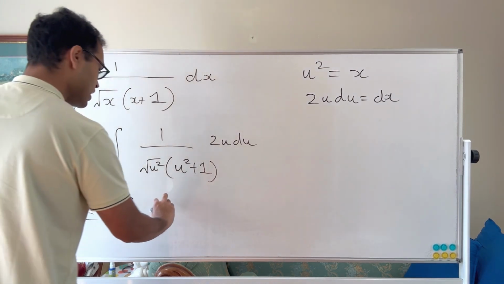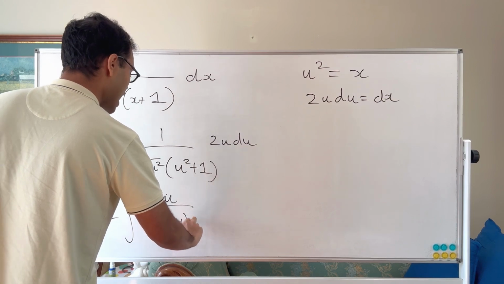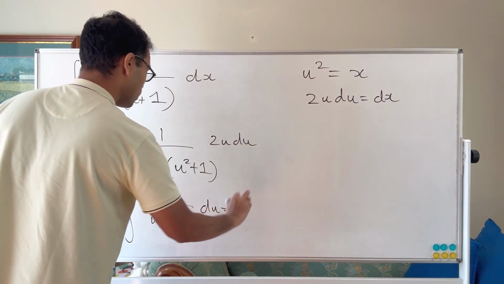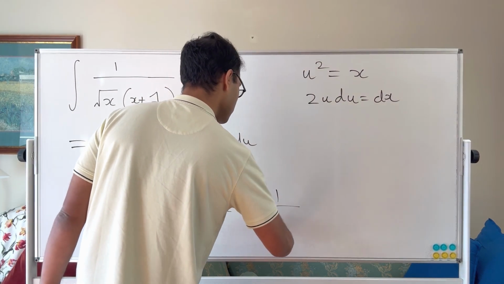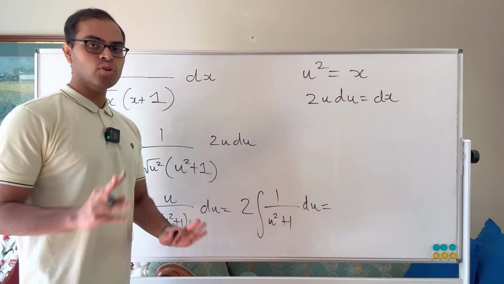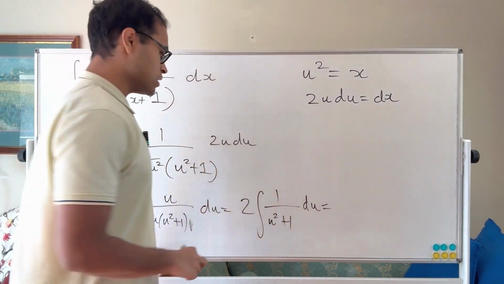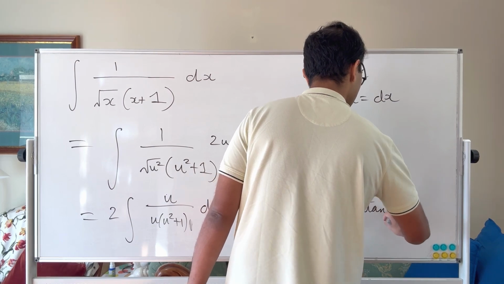I'm going to factor out the 2, the integral of u over u times u squared plus 1 du, and that's going to equal, once you cancel out the u's, 2 times the integral of 1 over u squared plus 1 du, and that is a famous integral. You have to know this one. It's the arctan of u. Okay, so it's going to be 2 times the arctan of u, plus a constant,